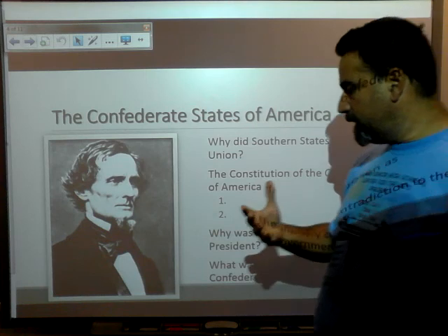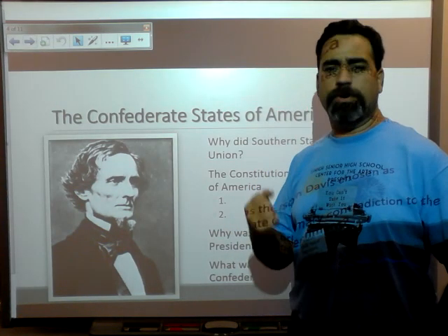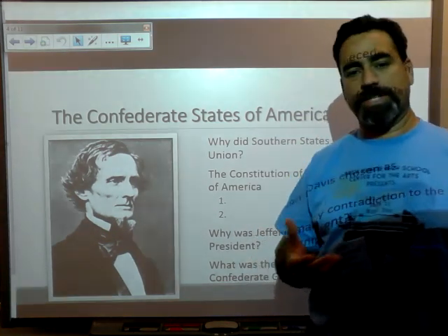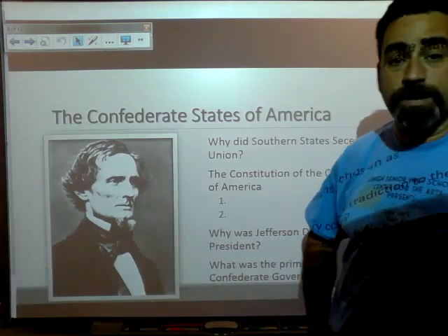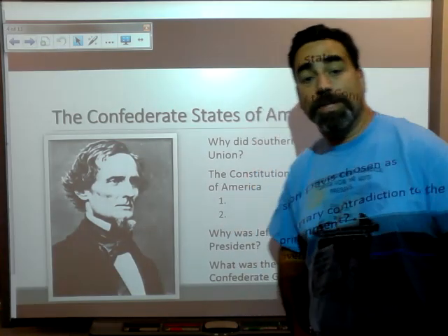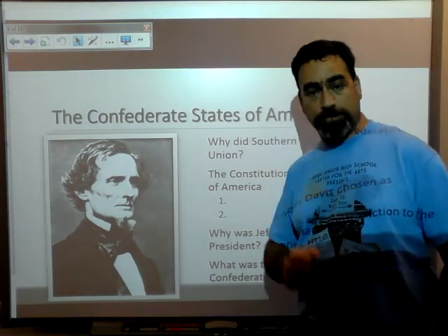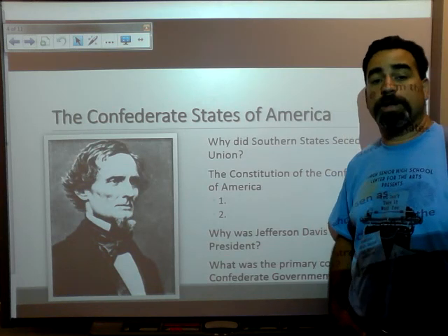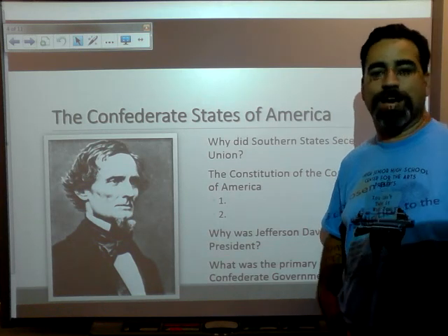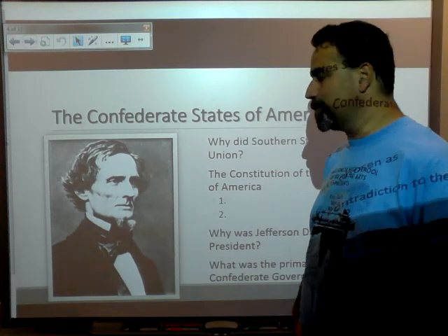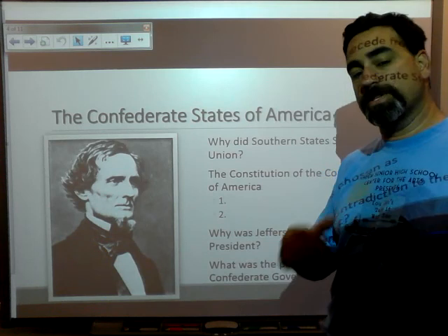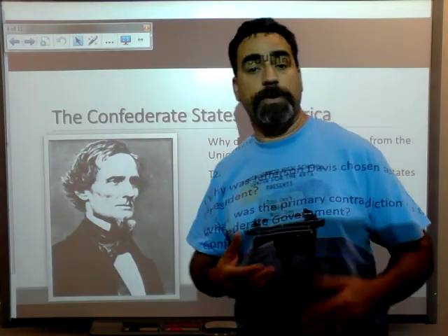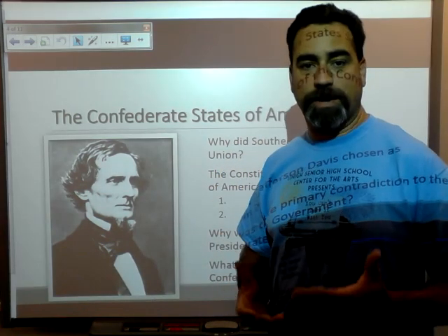Now, overall, in this time, there were some real firebrands out there. But instead of the real firebrands, the Confederate States turned to a fellow by the name of Jefferson Davis, a relatively moderate figure, to be president of the Confederate States. They chose him because of his background, his experience. He was a very popular politician, but he was not one of the firebrands or the more radical members. The goal here was to lend legitimacy to the Confederate government at this point. But Jefferson Davis is going to come into this with a profound disadvantage.